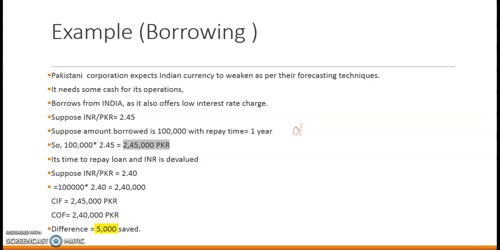And immediately if you look at it, when we multiply the rate of PKR with 1 lakh, we get 2 lakh and 45,000 PKR. This is when 1 lakh is sent to our bank account. When we go to the bank and ask for the amount sent by India, the loan that we have taken, they will convert it to PKR and give us 2 lakh and 45,000 rupees. Now we can do whatever business we have to do, and it's now time to repay the loan. 1 year has passed, and as per our expectations, the Indian rupee has now devalued because the value